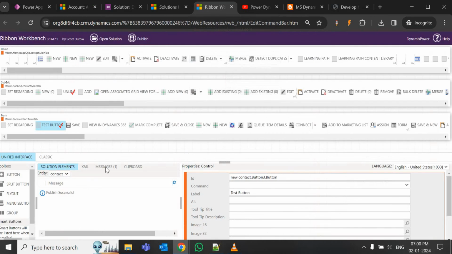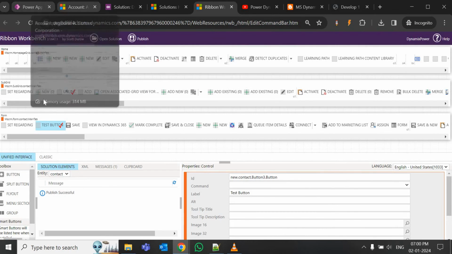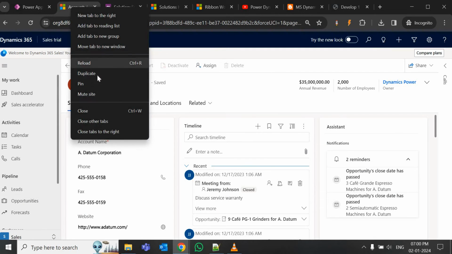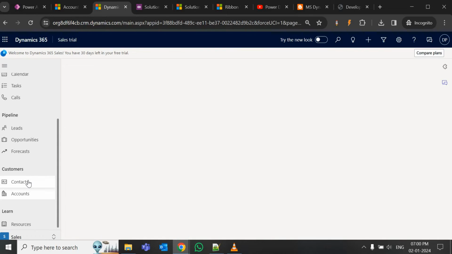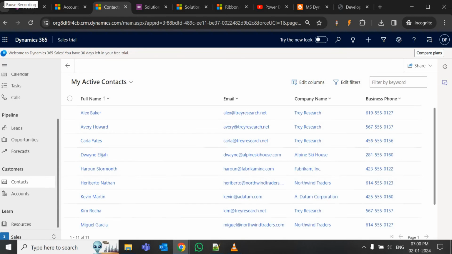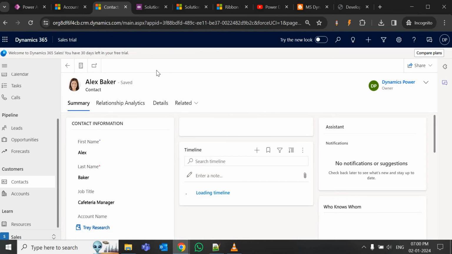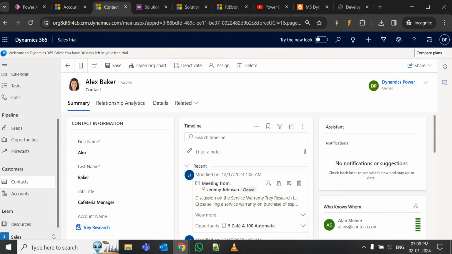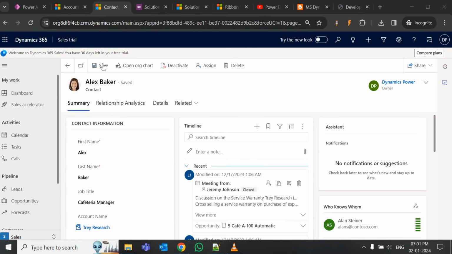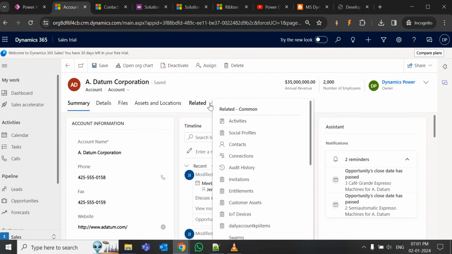Okay, sorry, we have done this in the contact, not here. So coming here, just duplicate the tab, go to the contact. Now the button should be visible here. Okay, it's not, let me just refresh it. Okay, the button is not visible. Let me check the other one in the subgrid. If I see the related contacts,